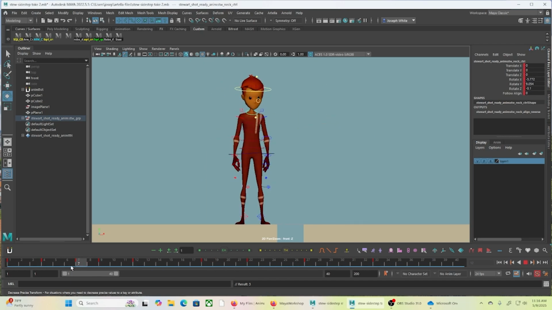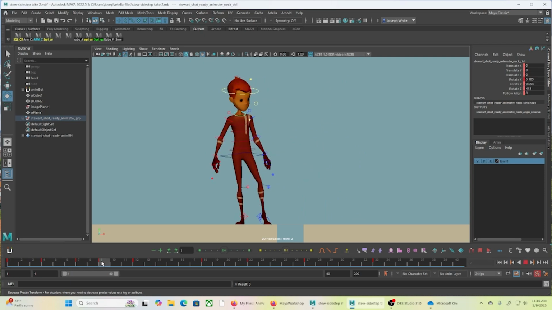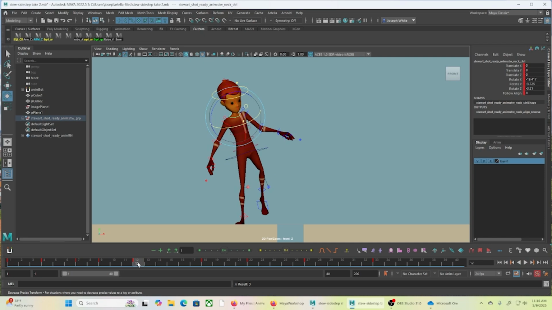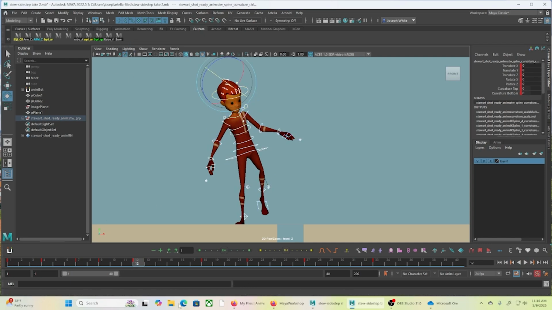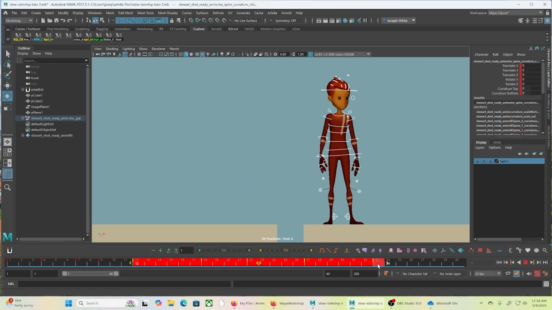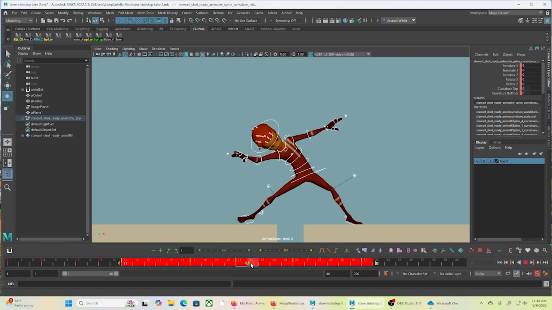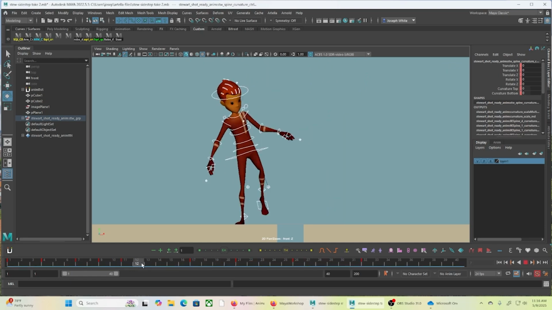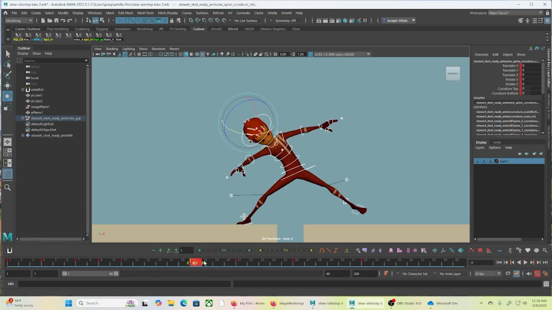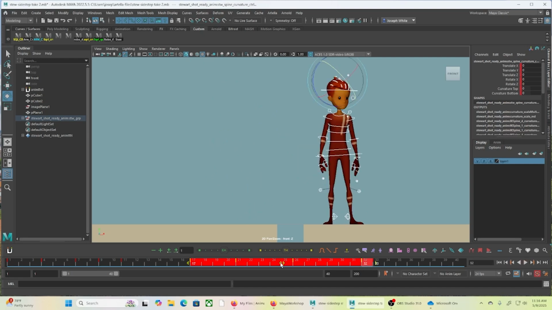So now we can do the timing of things. So from here to here, timing's fine. From here to here, I want to speed up the timing of this. And I'm going to make both of these happen in 2 frames because it's not a big movement. So I'm going to highlight frame from 12 to 33 and I'm going to move it over. It's just 1 frame. So now that happens faster. Right? And then this right here can happen a little faster. I'm going to move this over